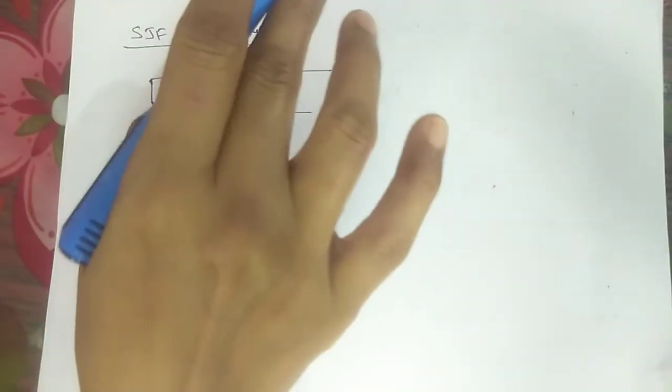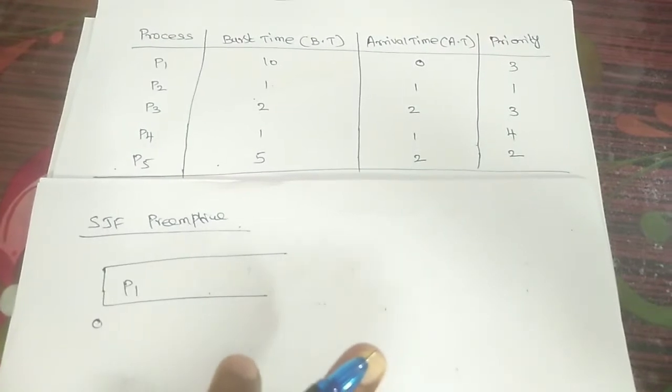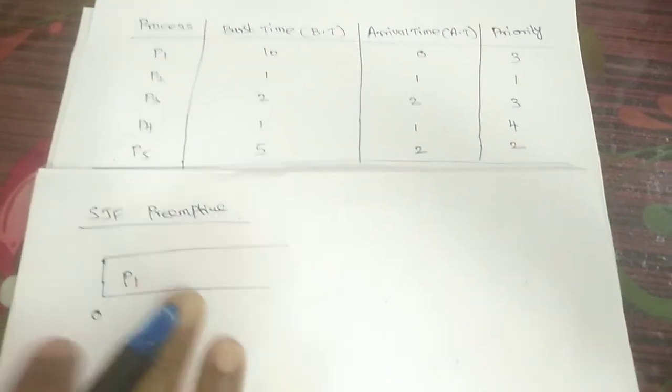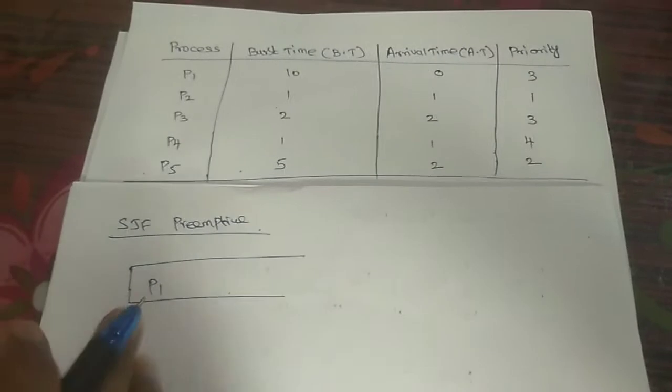At the arrival time 0, first the process P1 will be entering. At the arrival time 1, process P2 will be arriving. So it is going to cut the execution. In the previous non-preemptive, it is going to continue its execution as a whole. That is 10 milliseconds it is going to continue, as it is non-preemptive. In the case of preemptive, it is going to cut its execution.